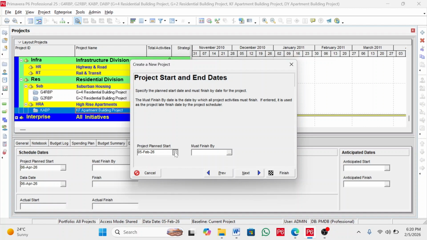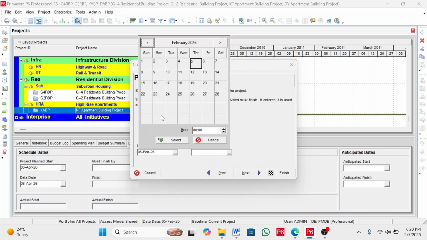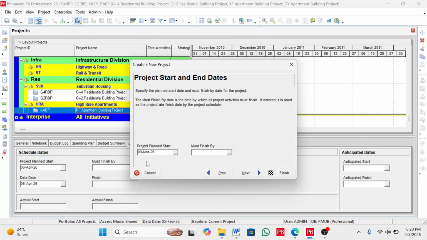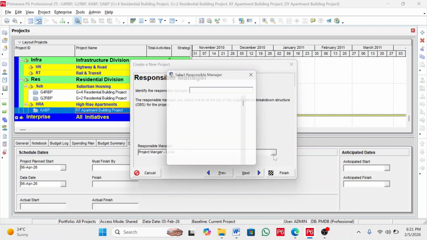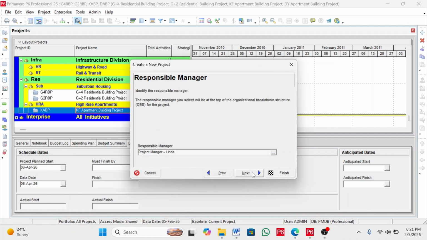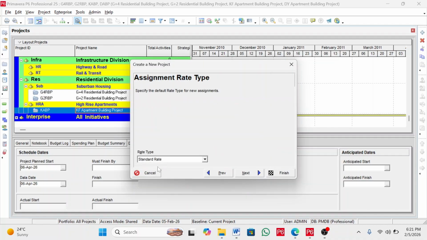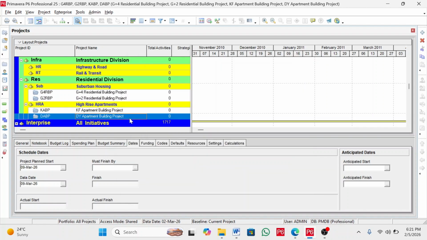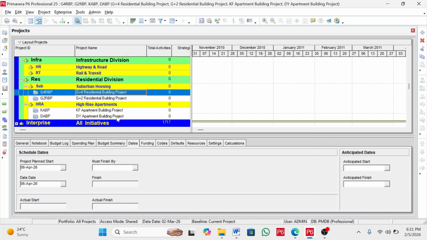So the project start date of this one is March 9, 2026. Click this one, pick the March 9, this one. So select, so March 9, 2026 is already selected. And then must finish by, leave it like this, and click next. We will pick project manager. The system already picked Linda because we did last time. So to show you, click this one here, Linda, and click next, select, pick this one, the standard rate, next, and then finish. So as you can see here on the screen, we have created 4 projects under the suburban